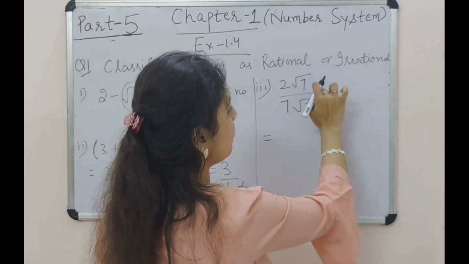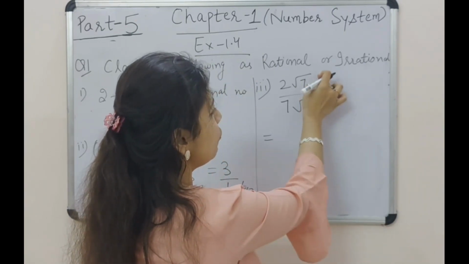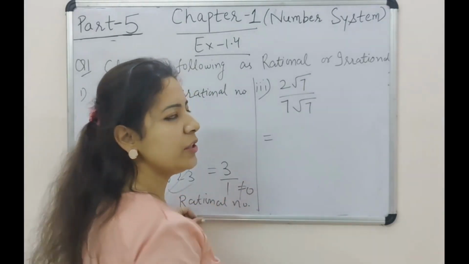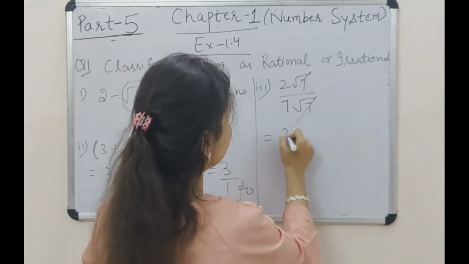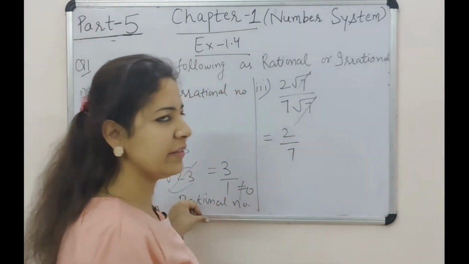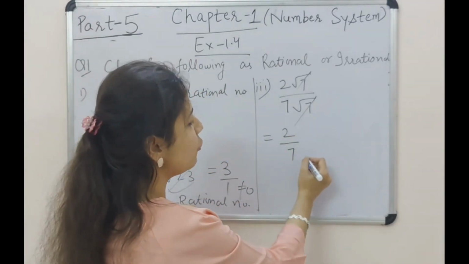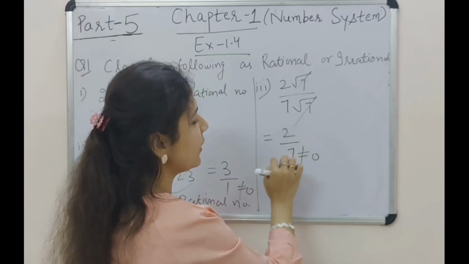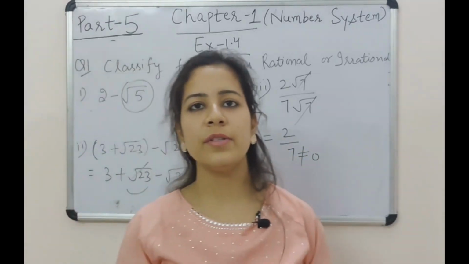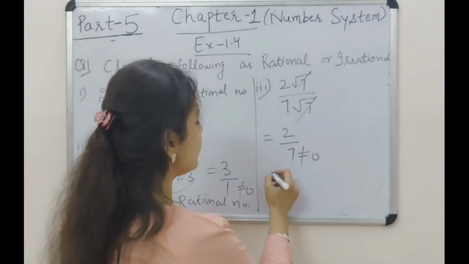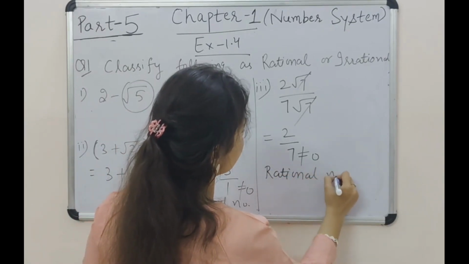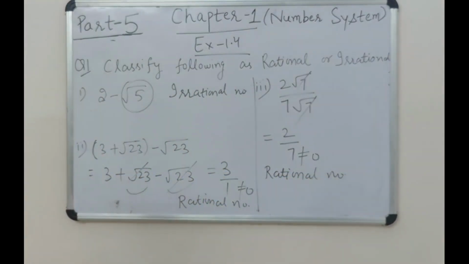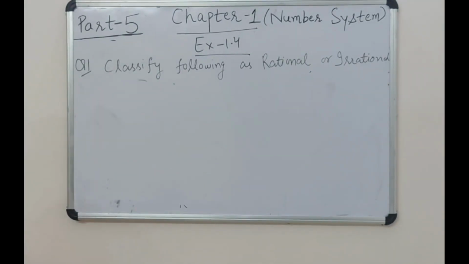We have a division operation over here and these root 7 and root 7, both the values are the same, so we are allowed to cut them up. After cancelling the values, I am going to have 2 by 7, which is clearly a P by Q form where P and Q are integers and denominator Q is non-zero. So using the definition of rational, the output here is a rational number. Alright, let's check the next one. 1 by root 2.